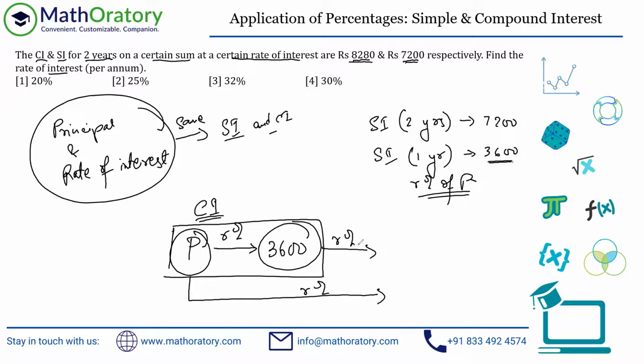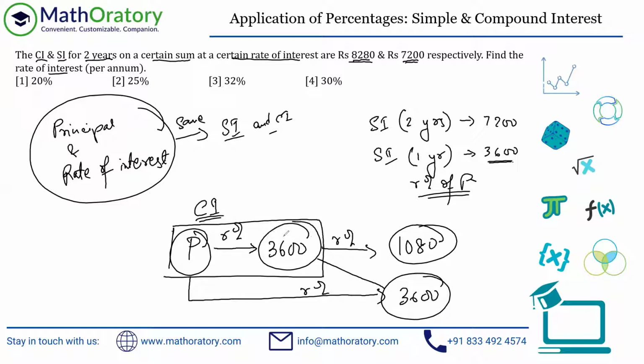Now, one part we already know. We already know that this R% over the P is generating 3600, which you already knew a long time back, right? So if you focus on this part, it is coming from P, isn't it? So R% of that P will again be 3600. So this is pretty straightforward. Now, these two numbers are adding up to 7200, right? And the question tells us that the CI total is 8280. So the difference, that is the extra 1080, should appear from this 3600.